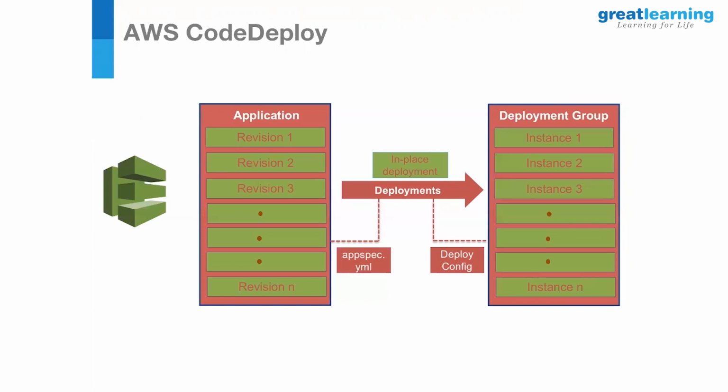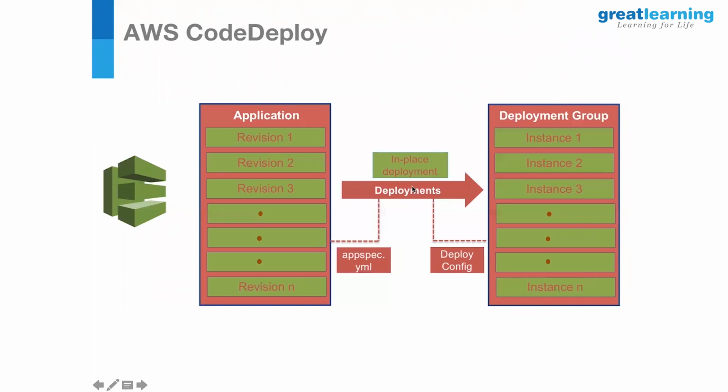So there are two types of compute platform on which AWS CodeDeploy deploys an application. That is either EC2 instance or on-premises instance. That is one. The second one is AWS Lambda. So what is a deployment group here? A deployment group is for grouping EC2 instances or AWS Lambda functions in a CodeDeploy deployment. In an EC2 or on-premises deployment, a deployment group is a set of individual instances targeted for deployment. Here, deployment is the action of deploying a new revision onto the instances.